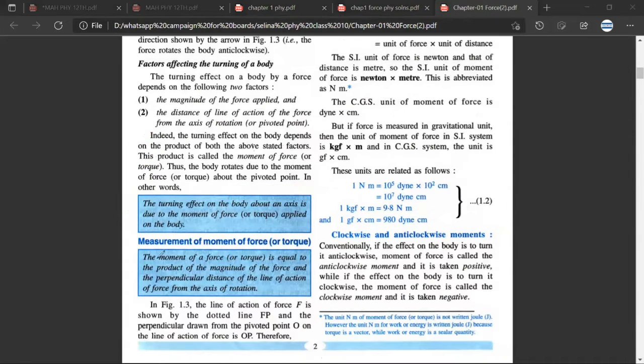अब इसमें दो तीन चीजें आप ऑब्जर्व कीजिए. ये देखिए, the moment of force or torque. So the first question is कि moment of force is also called as torque. So this can be a MCQ. Is equal to the product of the magnitude of the force and perpendicular distance of the line of action of force from the axis of rotation. The line of action of force, Mr. CB, क्या है? Line of action of force मतलब आप